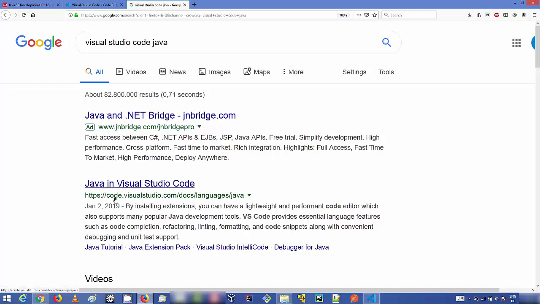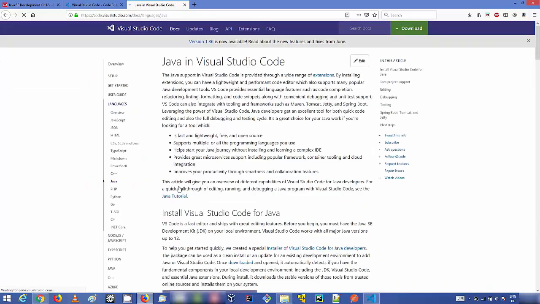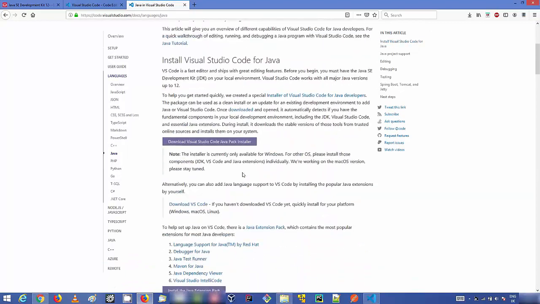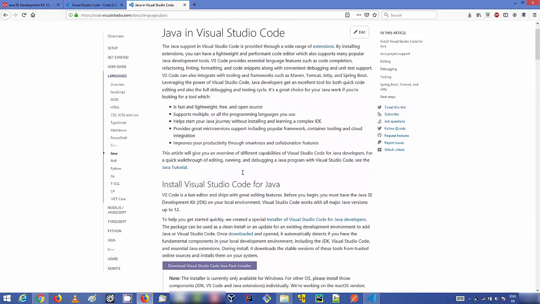So you just need to click on this link which says Java in Visual Studio Code, or code.visualstudio.com/docs/languages/Java. So I'm going to just click on this link, and here you can read this document and see the procedure on how Java is supported in Visual Studio Code.